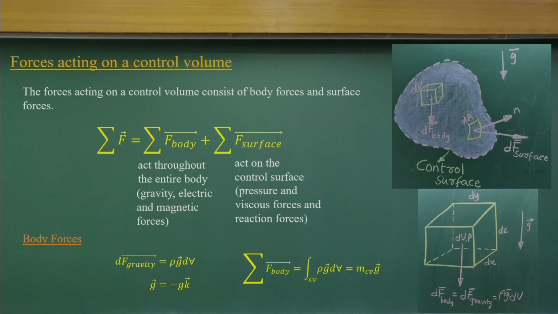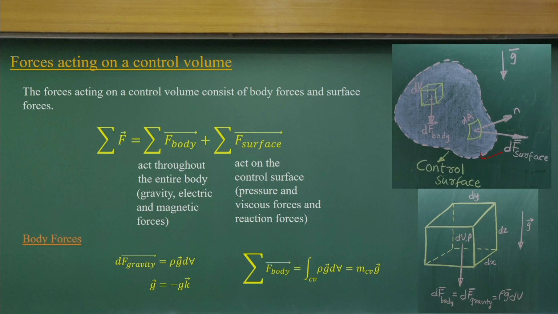Now, let us come to deriving the linear momentum equation. So, we are going to solve these flow problems using the linear momentum equation. That means we will consider the control volume, like this. Each control volume has a control surface. It could be a very simple tetrahedral type of structure, or a very complex one. It does not matter what the shape could be.